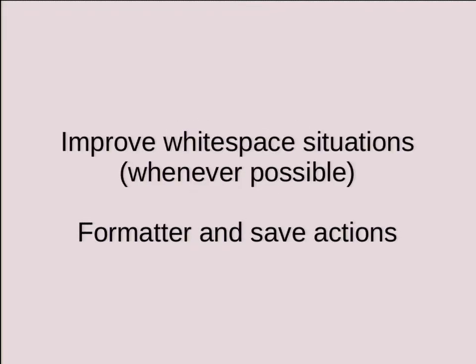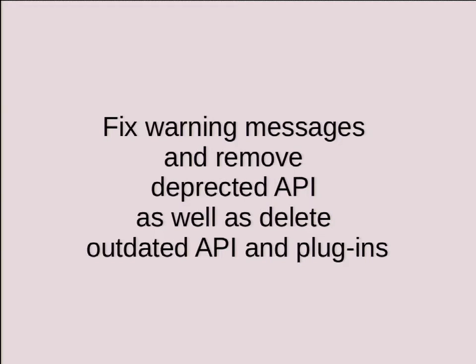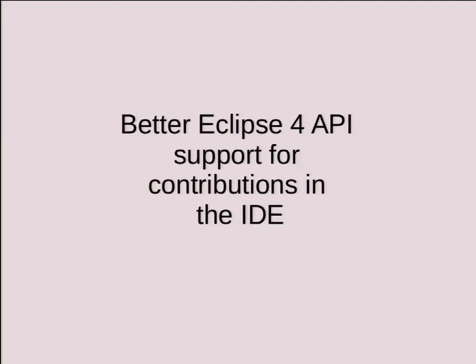We also work on this white space situation, which we see, and we're also actively deleting outdated stuff. There was an old policy that stuff would not be deleted from the Git repository, even if it was not used anymore. And that was hellishly confusing for new contributors. So you're checking out the code, 20 plugins go red because they have compile errors, and you don't know that they are outdated. So we're actively deleting this. We're adding readme files to certain files which will not compile on certain platforms to make it easier. And we're working also on a better Eclipse 4 API.